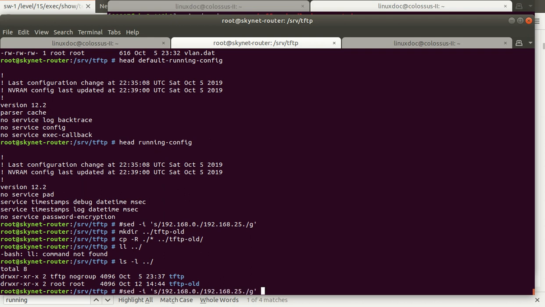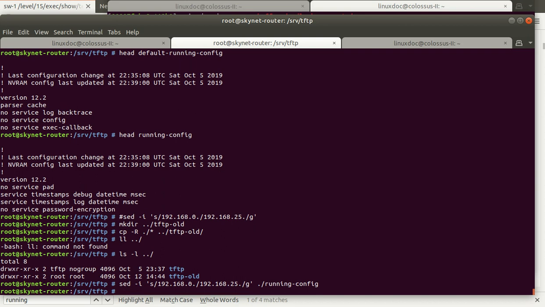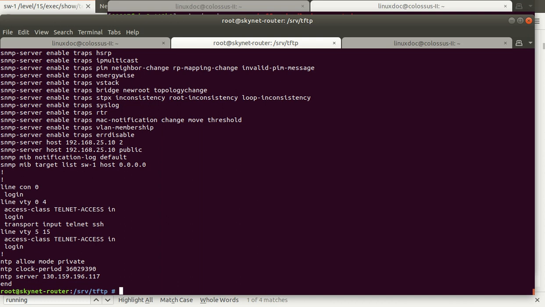So if we go back to our sed command, and running config, and that's it. So now if we have a look at the running config,